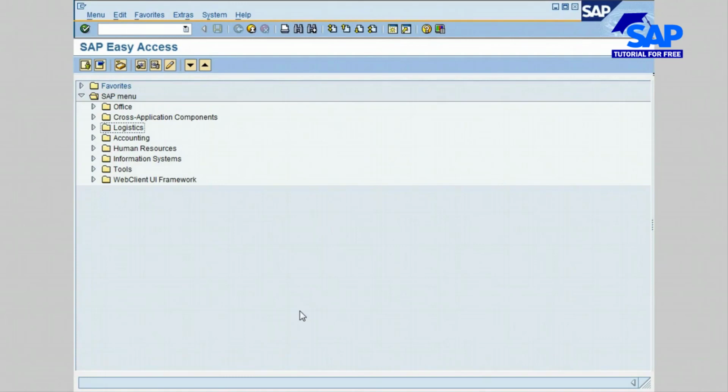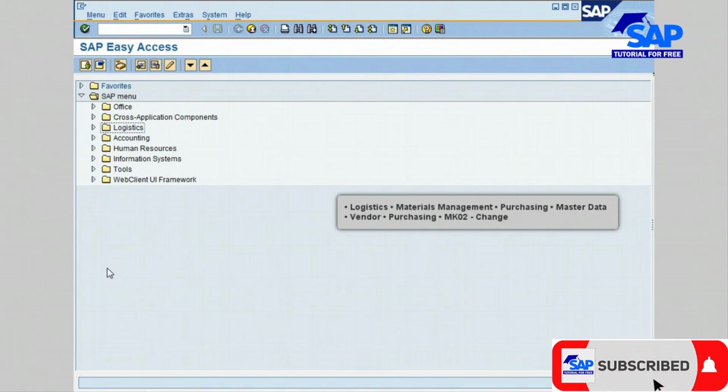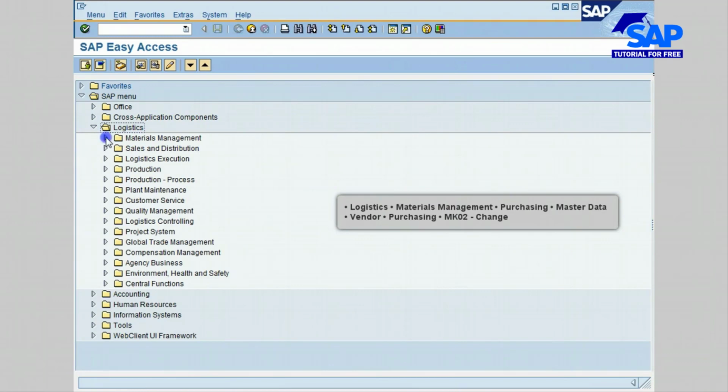Hello, in this lesson you will learn how to change the vendor master record. So let's begin by navigating the SAP menu. First go to logistics, then go to materials management